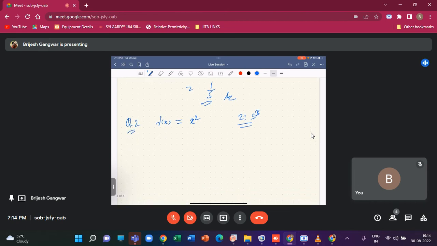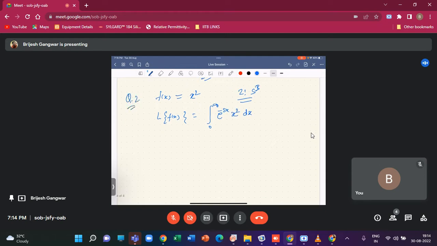So we will go: Laplace of f(x) is equal to the integration from 0 to infinity of e to the power minus sx into x square dx. Okay, then you can solve it by differentiating by parts. So from 0 to infinity,